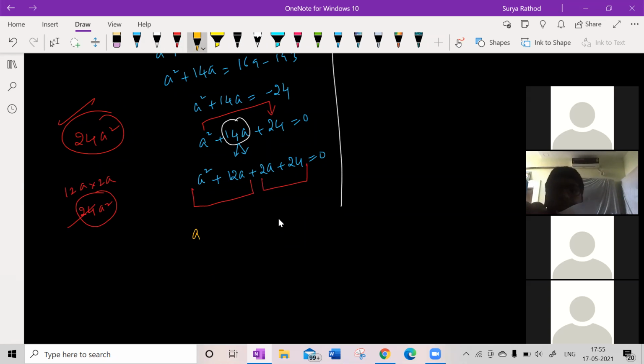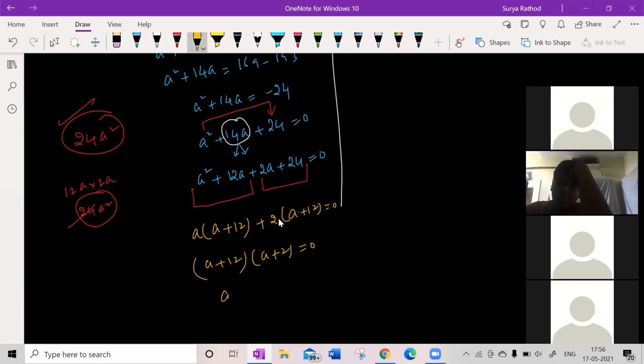So now take A common from the first part. A plus 12 I remain with. If I take 2A common from the second part, 2A common means 1 only plus 12, so A plus 12. Very good. So again A plus 2 common. A plus 2 and A plus 12. Very good. So A is equal to minus